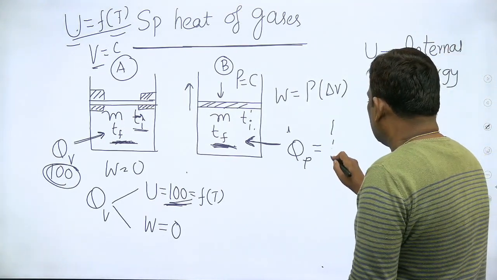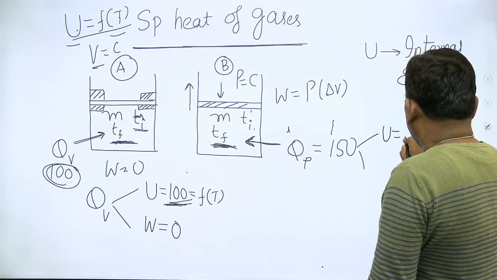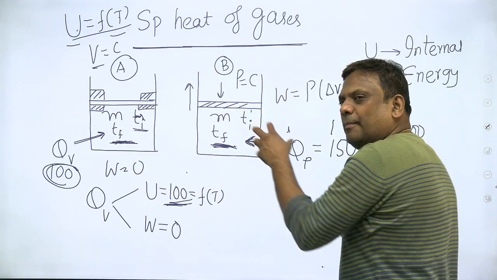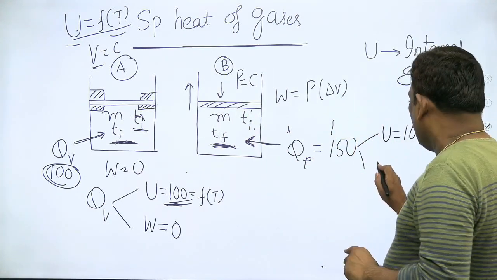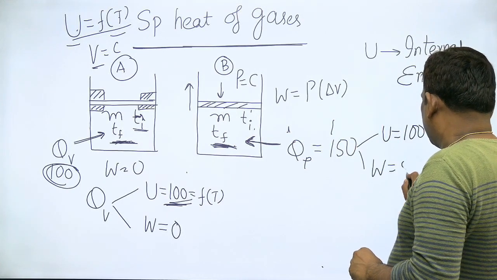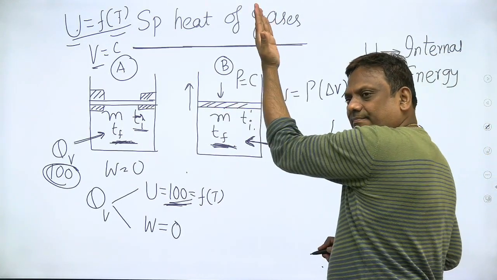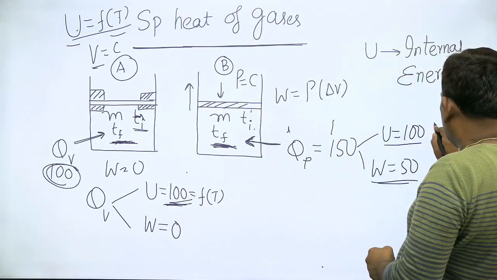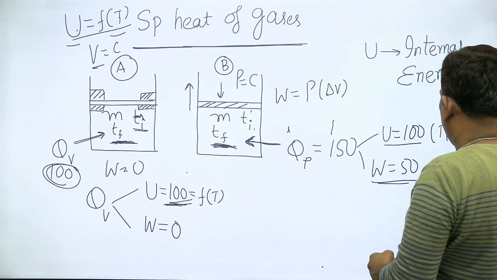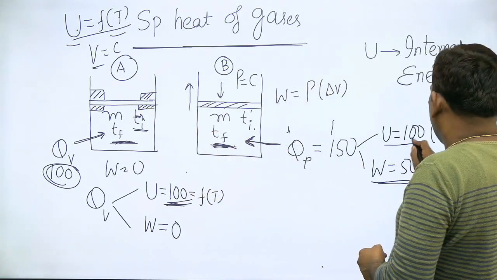Look here. Let us say I am supplying 150. Out of 150, let us say the internal energy or the stored form is 100. One example I am giving. Don't think that it is 150 and 100, it is just an example. Let this be 50 units. This is gone in raising the weights and this is gone for storage. And this alone is responsible for increasing temperature. So in this one also, 100 is going for raising temperature, and in this one also, 100.